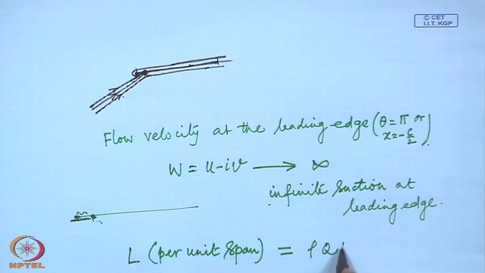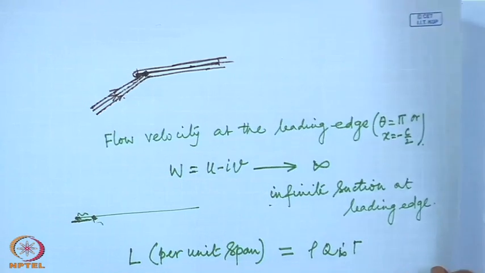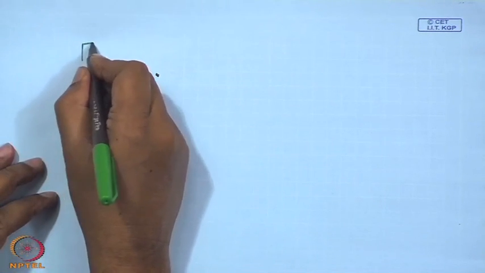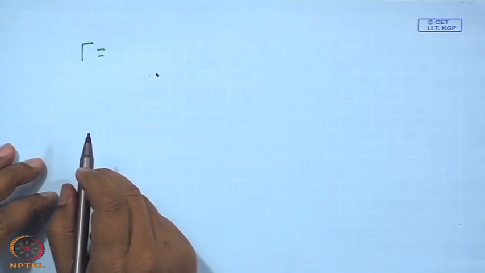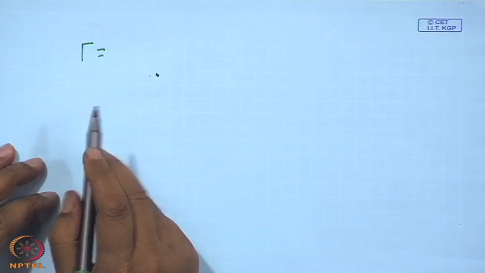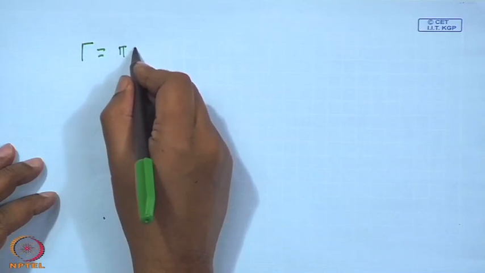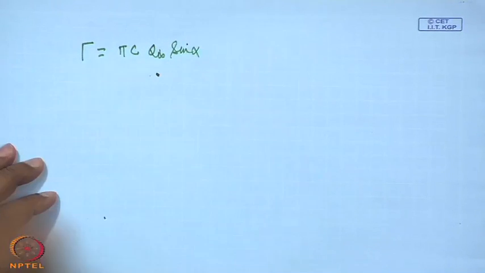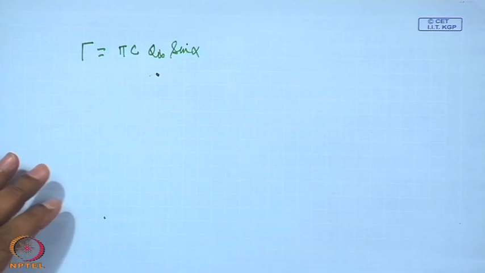For the flat plate, let us write it at this stage and then first calculate circulation. How much is the circulation? Yes, pi c q infinity sin alpha. So, the lift force you can straight away write